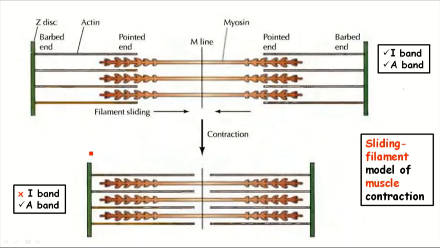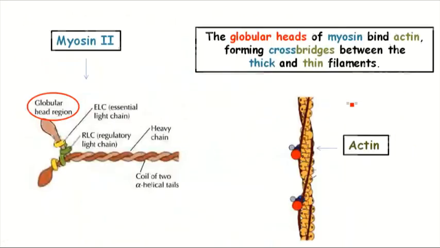And this Z line is brought close together. So after muscle contraction, there are three main changes. One, the Z lines come close together, the I band almost disappears, and the H zone almost disappears during the maximum contraction. See, before contraction you can see both I band and A band, and after contraction only the A band, because the I band almost disappears.